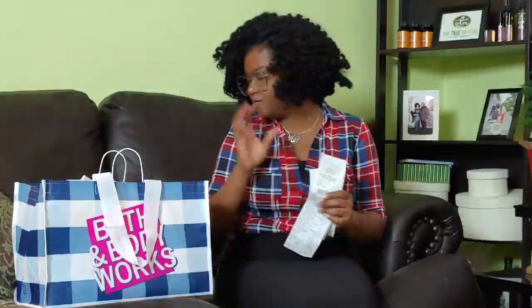I only got 5 candles, you guys, and believe it or not, here is the big thing. I only spent $34 for the 5 candles. You guys. So let's go back. Yeah, $34 for 5 candles, and if you guys are aware of the prices for these candles,